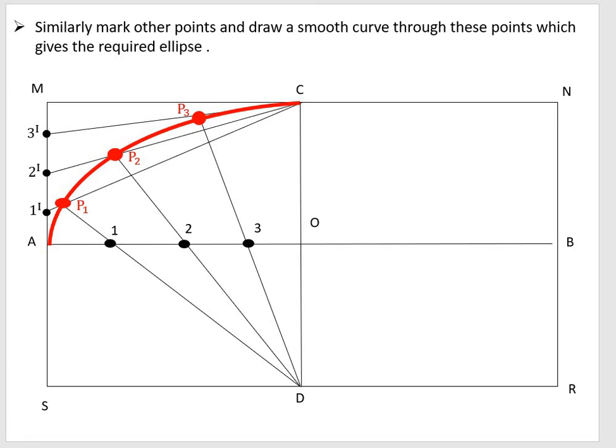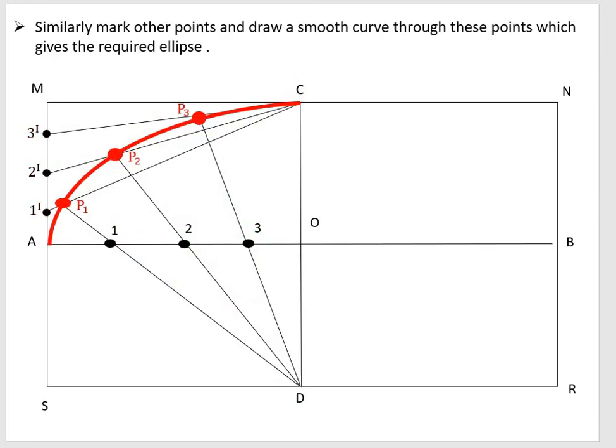But I will make your work easier. I will simply drop one vertical from here. From P2, I will drop one vertical up till where? From P3, I will drop one vertical where? Yes, I know, because P1 will cut AO at a certain point, say it is K. Whatever the length from P1 up till here, the same length from here up till there will be the same. Similarly, this length and this length will be the same, and this length and this length will be the same. Let us see the next step, how it is done.